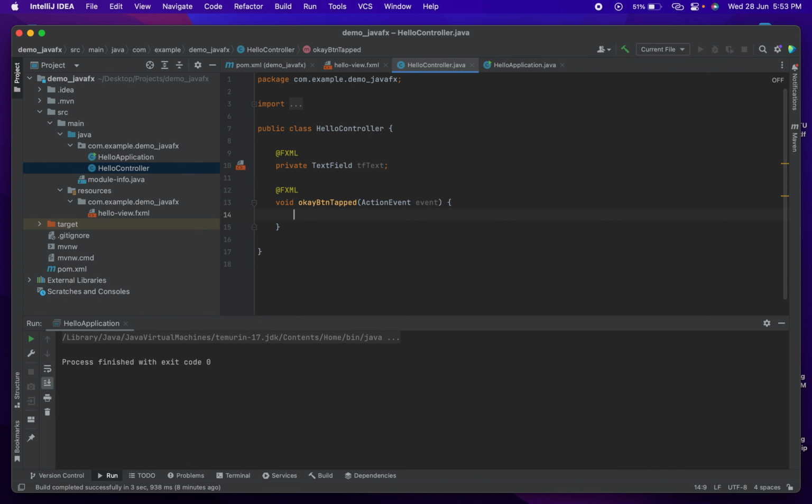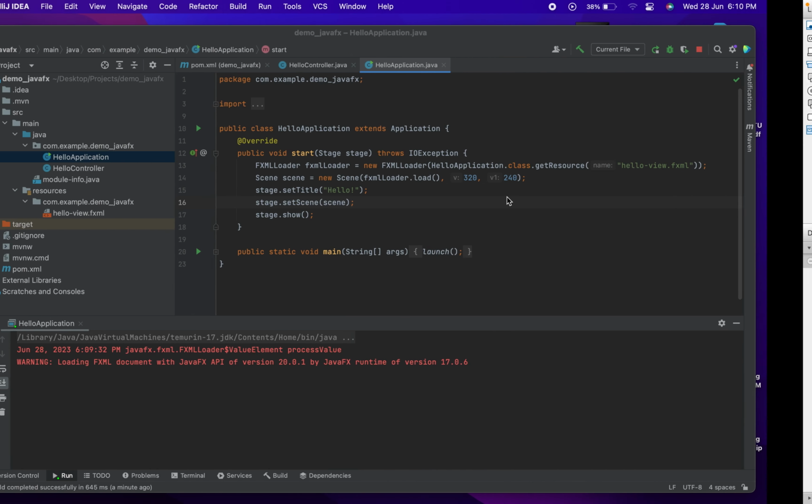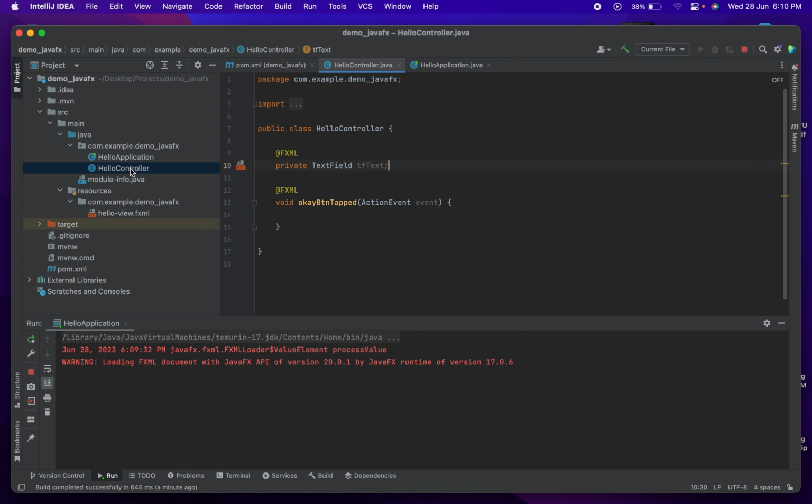So what we want to do is let's first run it from here, and then we see what we are working with right now. This is it, right? And then let's go inside our controller, and then we have this text over here. So what we can do is we can get our main window. Let's say our main window is equal to this text over here